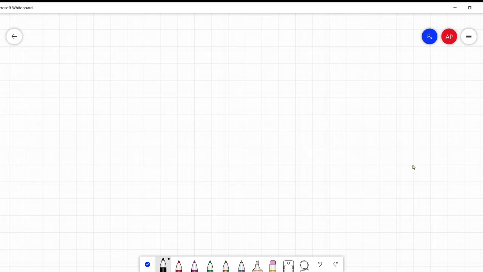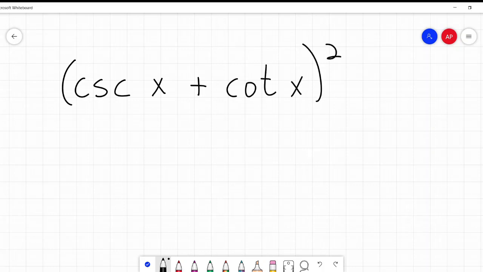So here's an example. Let's say we're given that cosecant of x plus cotangent of x, squared,